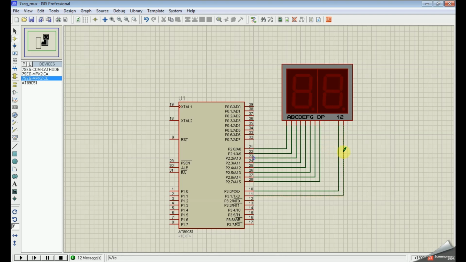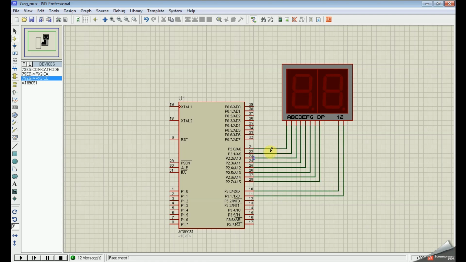And there are 2 more lines we require here just to switch between this display and this display. This is 1 and this is 2. Just to switch between these two, these two pins also need to be connected to the microcontroller, that is port 30 and port 31.